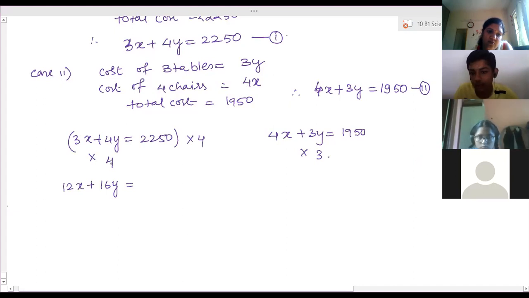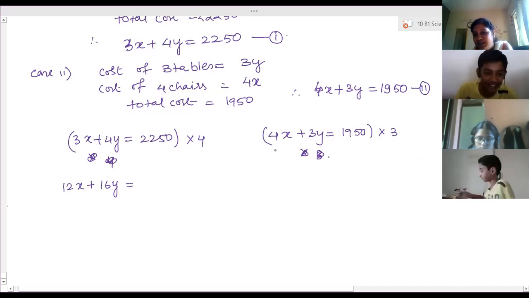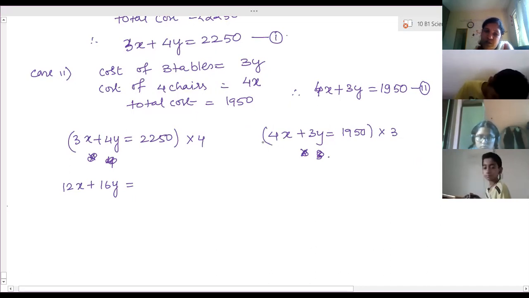Ma'am, we can do even that method, no, ma'am? Yes, ma'am. Because Y and X are inseparable, ma'am. So adding and subtracting. But here is a smaller number. Why are you wasting time for that? It is a very small number. You can easily multiply. So don't waste time. Most of the questions normally, this kind of questions can be solved by the elimination method.